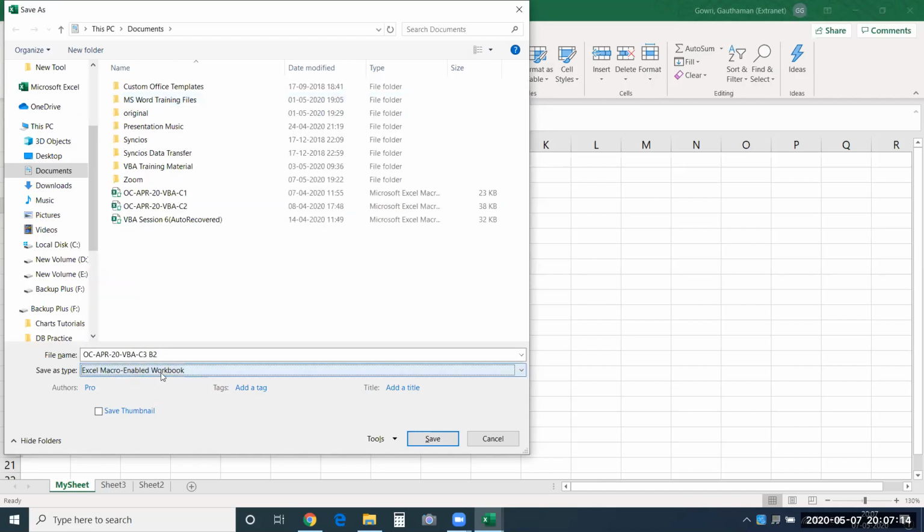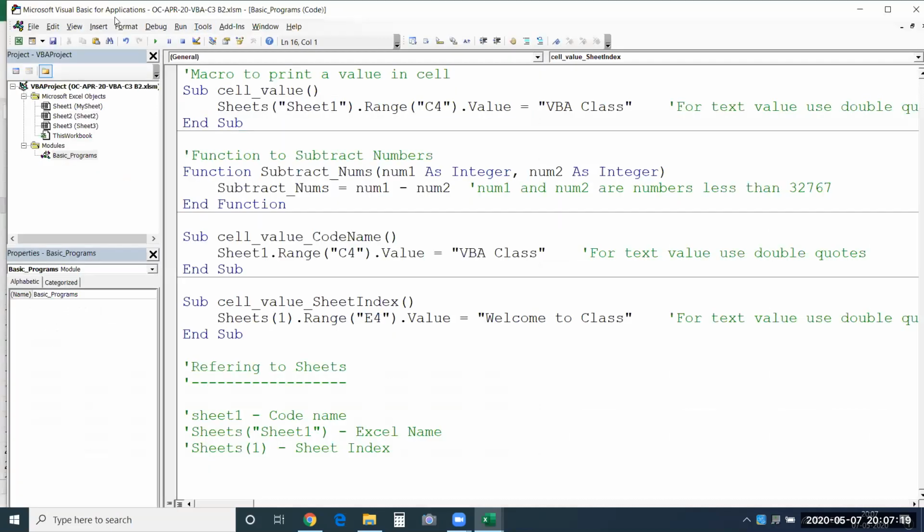Its file extension will change to XLSM. You can check here in the title bar. We have the name of the book and the file extension has changed to XLSM, saying it is a macro enabled workbook. Only if you save it in this fashion, it is going to store macros in it.